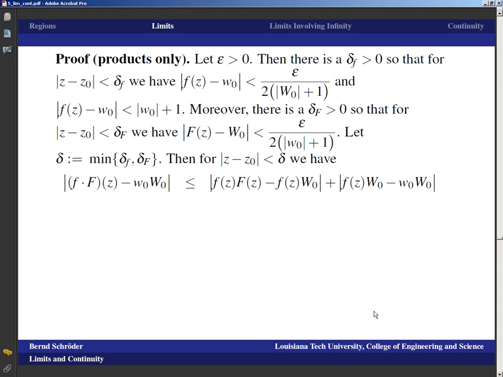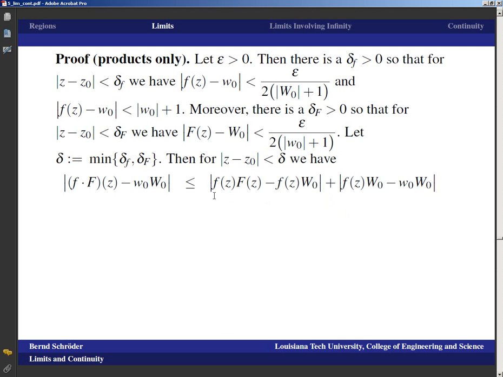Well, remember, there are two tricks, adding 0 and multiplying by 1. We add 0, and basically, we'd like to factor something out, and we can't do that because the f's don't connect directly with the w's. But if I now put a mixed term in here, f(z) times W0, and if those absolute values weren't there, this would really be just minus plus, so we're just adding 0. Then I have stuff that I can factor out, and then I just apply the triangular inequality and separate it